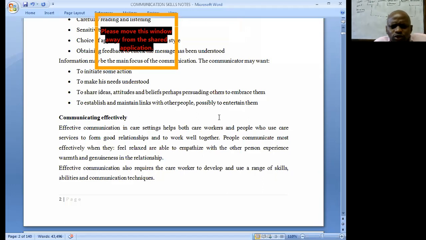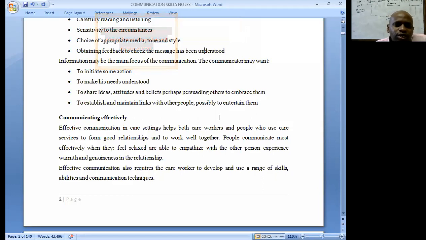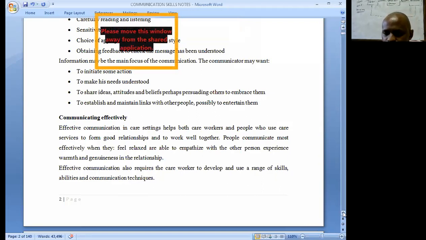Then we also talk about skills. Communication is all about skills. You must be able to develop certain skills when you're communicating. And remember, we talked about eye contact. We talked about your posture when you're communicating, which is very, very critical. Then communication technique is very, very critical. And some of those techniques may include